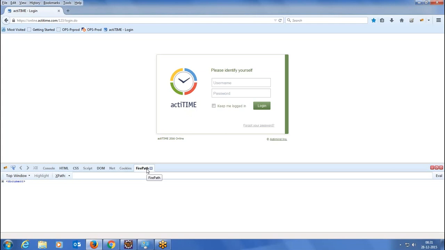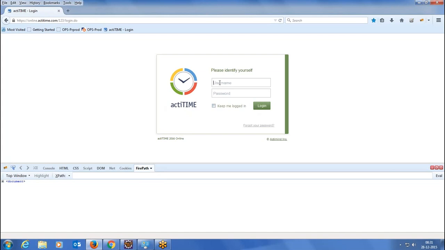Now, what is XPath, and how is it going to help us? As a manual tester, in case you want to log in, you would enter the username and password over here and then click on the submit or login button.